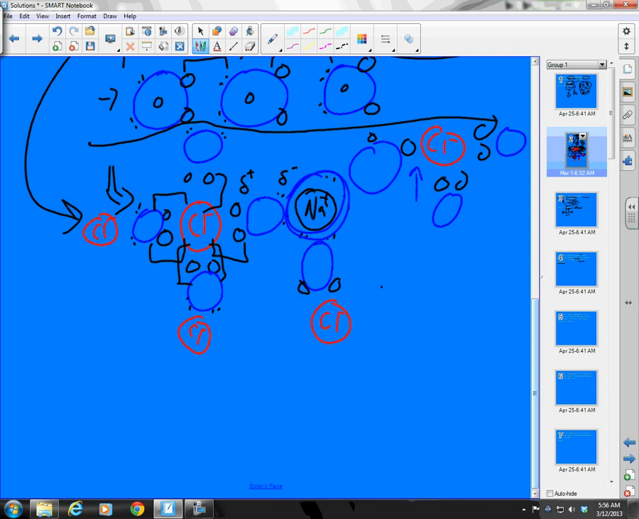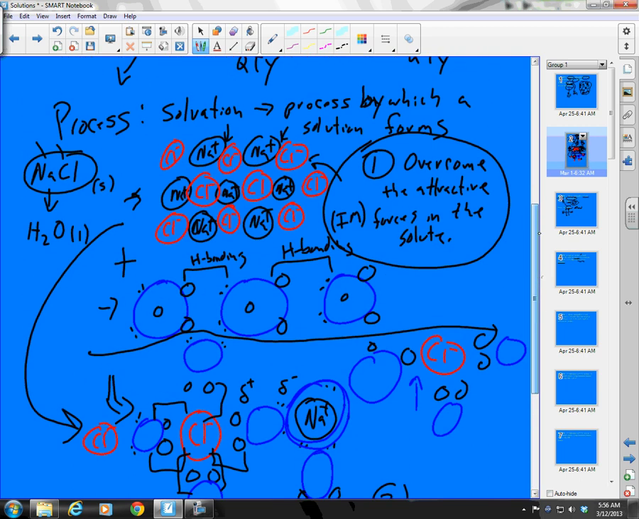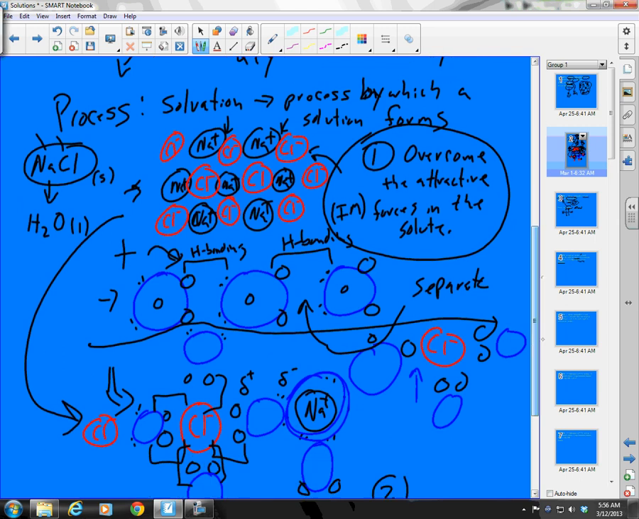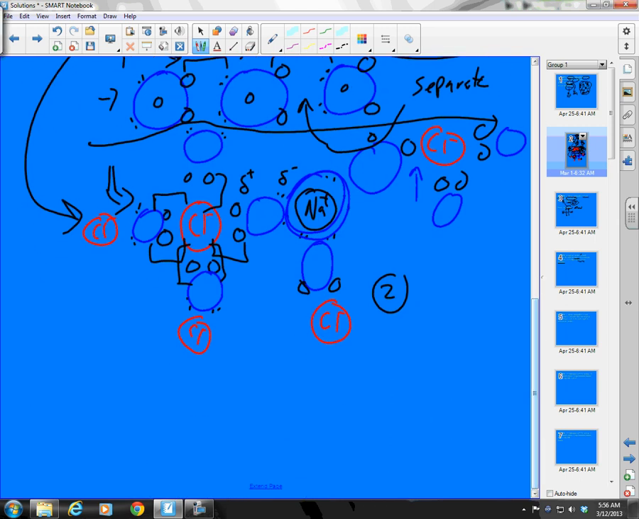Next step, number 2. Well, what do I have to do? Well, I have my water molecules that are held together, essentially attracted to each other by hydrogen bonding. So I have to separate these. So I need to separate my water molecules. So what must happen? Number 2, we must overcome, once again, what? The attractive forces between